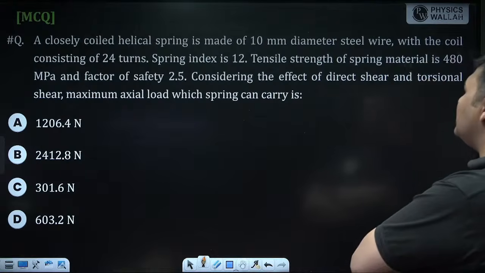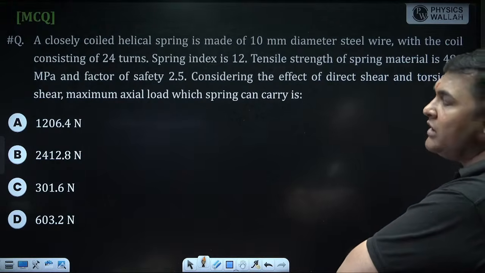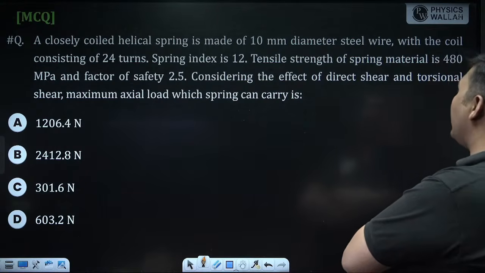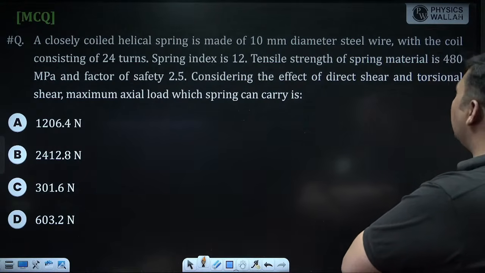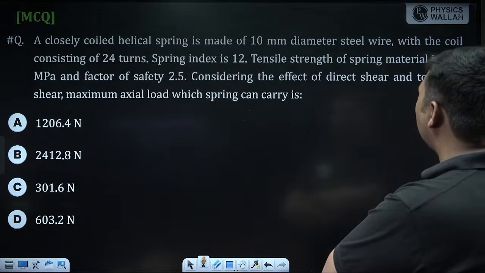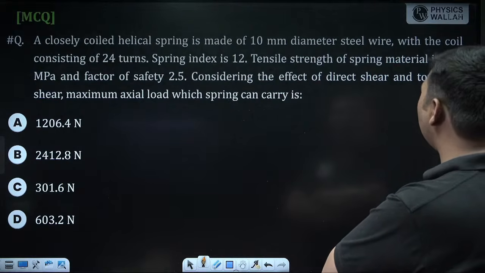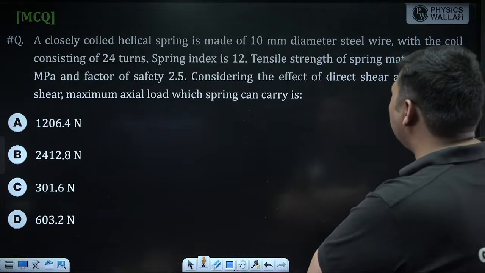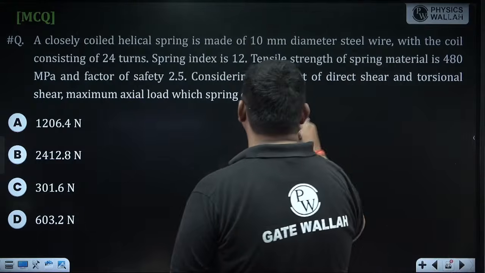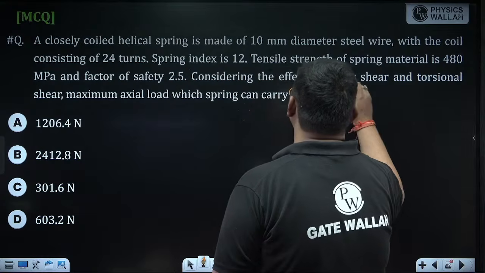Spring index is 12. Spring index we denote as C, which is nothing but capital D by small d. Capital D is mean coil diameter, small d is mean wire diameter. Tensile strength is 480, factor of safety 2.5. The effect of direct torsion shear stress, maximum load which spring can carry as per, if tensile strength is given,